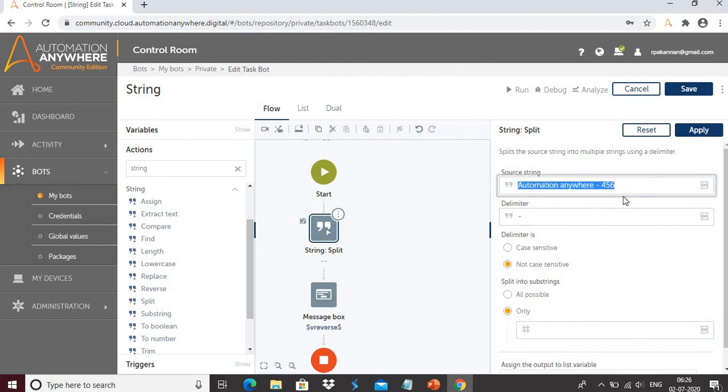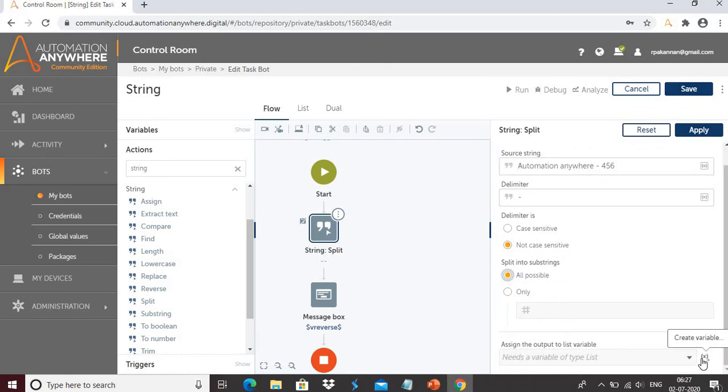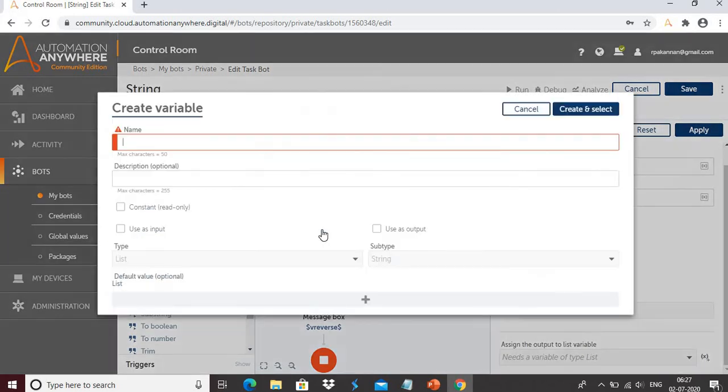Even if you have 1000 hyphens within the source string, if you want to limit that, such as splitting only the first 100 values, you can do that. Now in my case I will go with all possible.